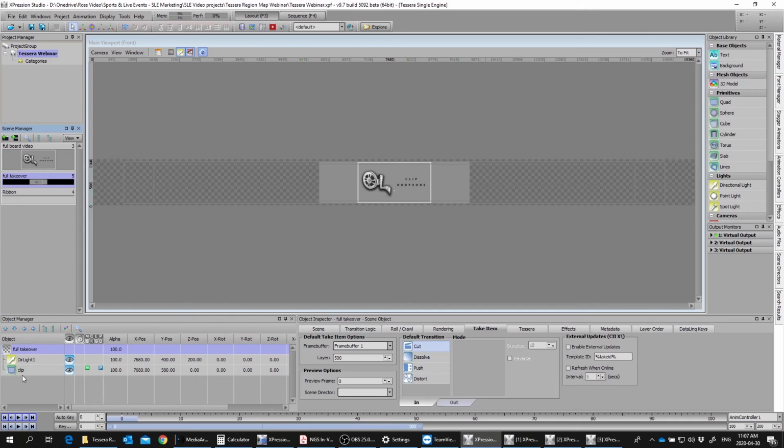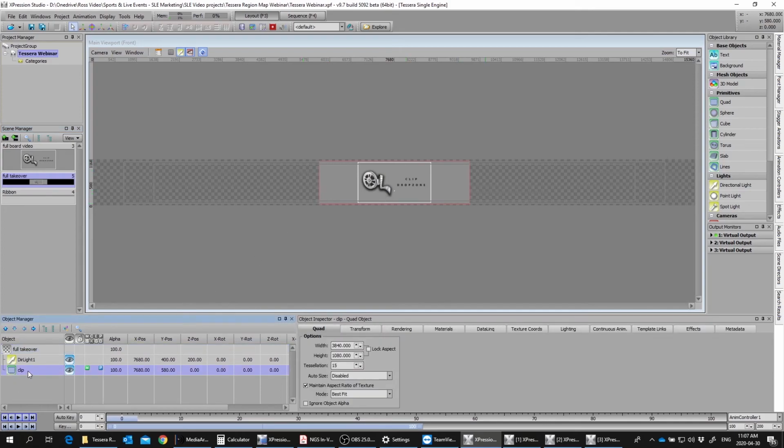We're going to go ahead and change the name of this object. This is now going to be called main display clip. And I'm going to make a few adjustments here to make it easier to position. So the first thing we're going to do here is adjust its pivot points because I want to easily just stick it to the left edge of this scene to make my region mapping easier to deal with, first and foremost.